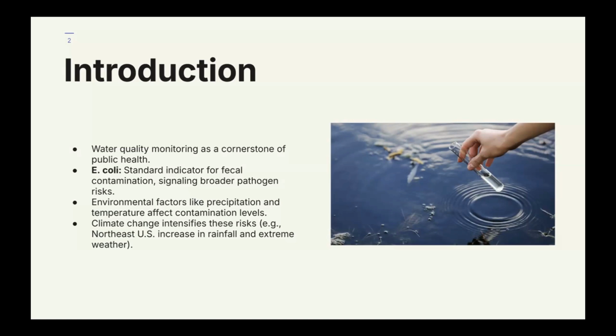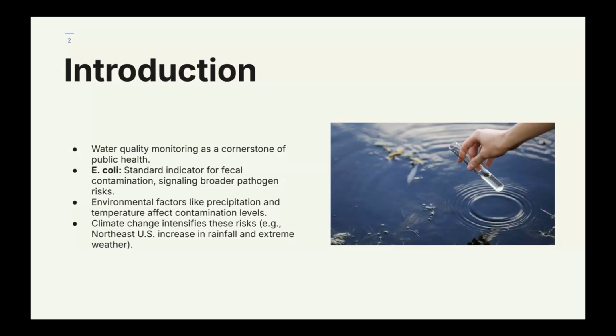tested. And so what this means is that elevated levels of this bacterium are directly associated with serious health risks, including conditions such as dysentery, fever, muscular pain. And when humans do come in contact with or consume these contaminated water sources, the consequences can be very severe. Moreover, a spike in E. coli concentration can often be directly linked to the presence of other harmful pathogenic bacteria, compounding the risks posed to